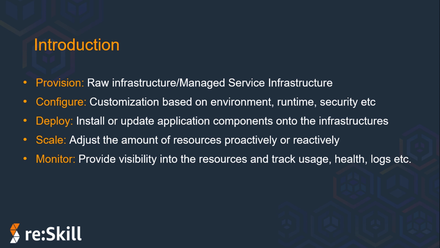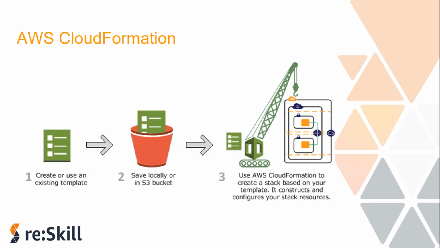So let's begin with our first deployment option that is available. A very nice one, that is AWS CloudFormation. It's a service that will enable you to create AWS resources in an orderly and predictable manner. Resources are written in text files using JSON format or YAML format, that is the JavaScript Object Notation, or YAML, which stands for YAML Ain't Markup Language.